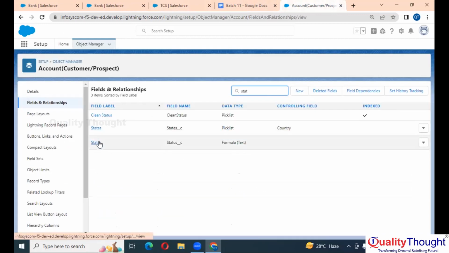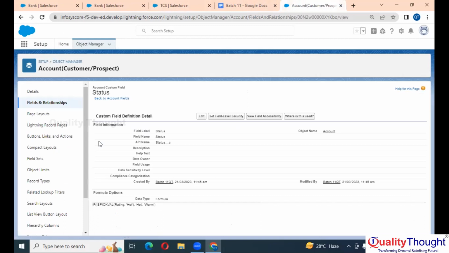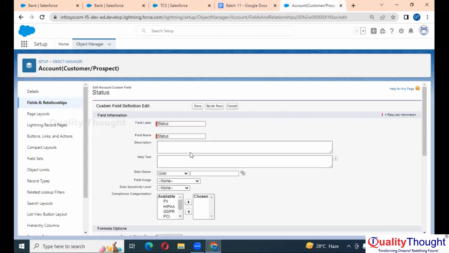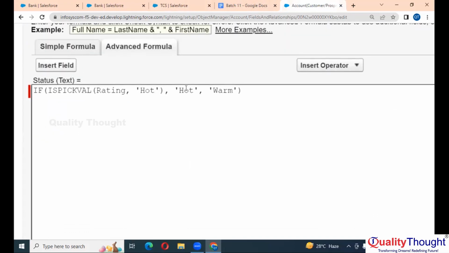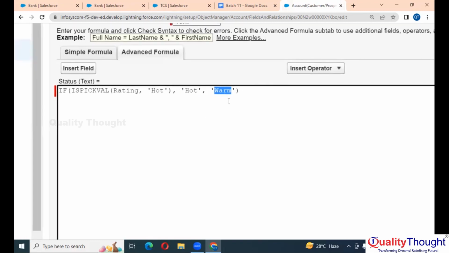Let me edit this. Here we asked it to print hot whenever they select hot. Whenever they select hot, it should print hot. Apart from hot, whatever we select, let's say they are selecting warm, it will print warm. Let's say they are selecting cold, it will print cold. So now to clear this confusion,